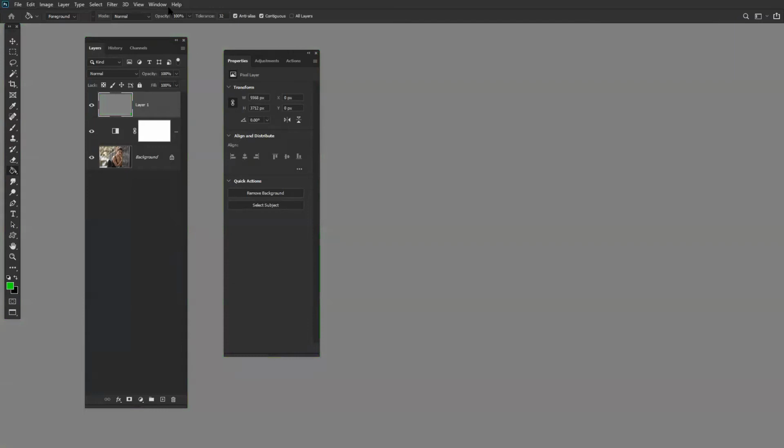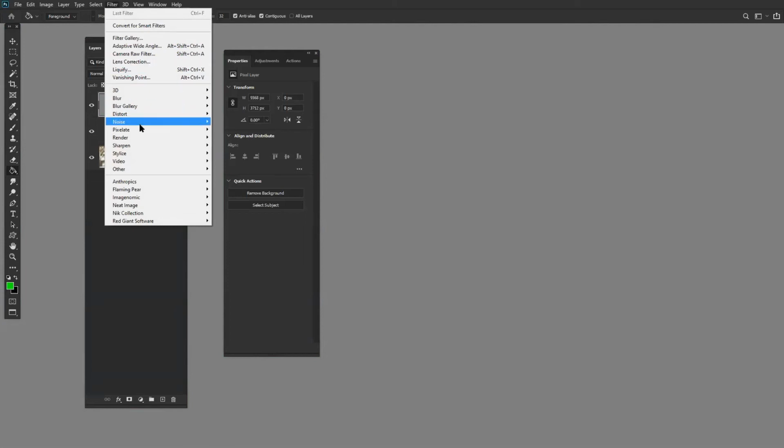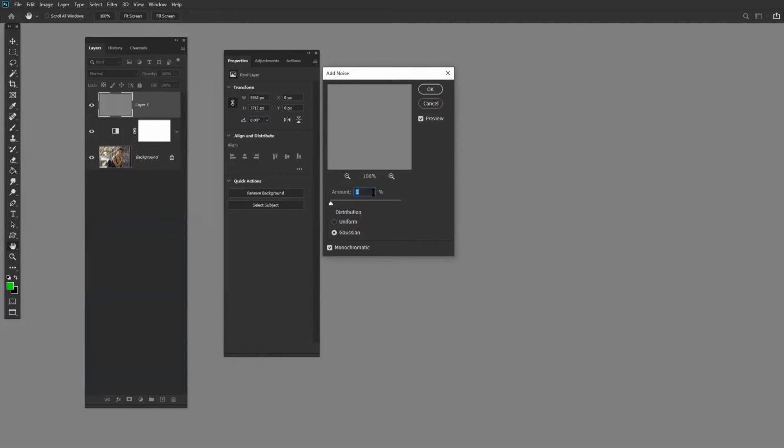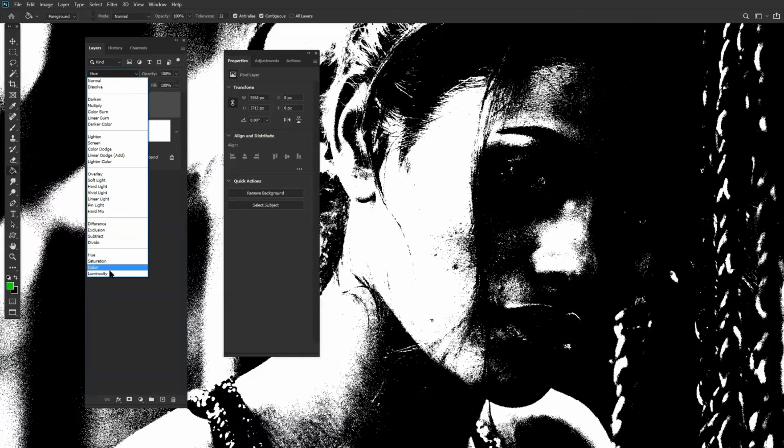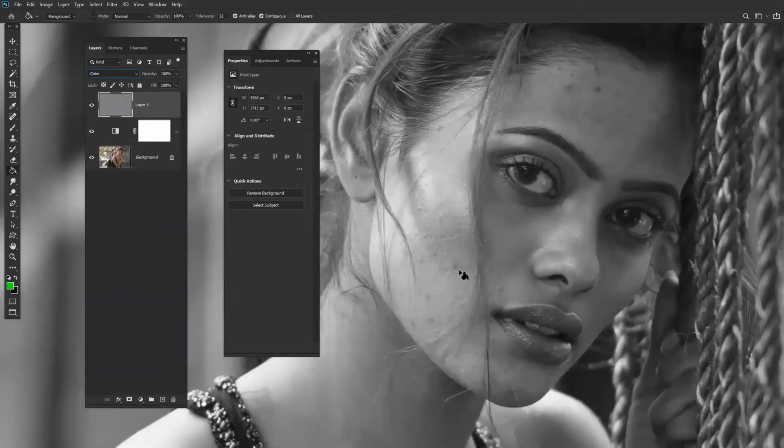Okay, now go to filter, noise, add noise around 3 to 4 points. This kind of noise pattern will come. Okay, and then make it simple color.